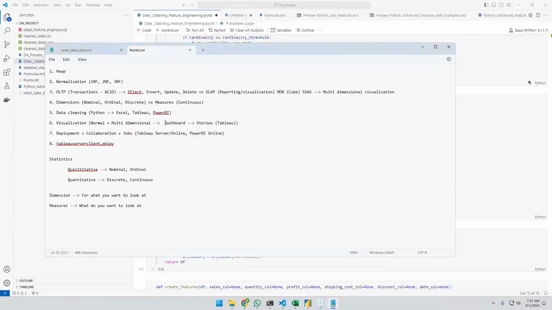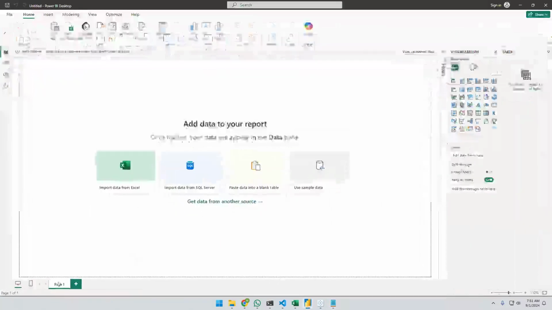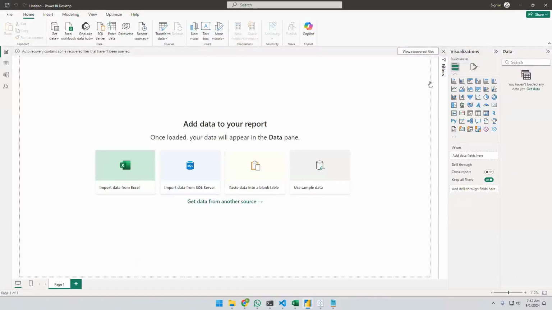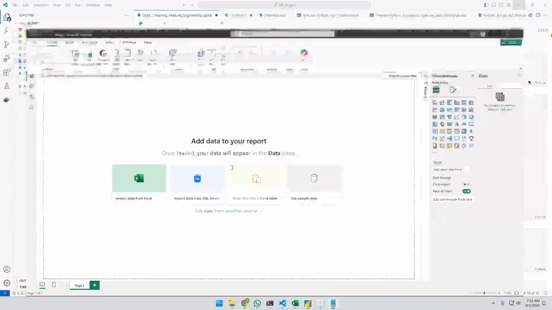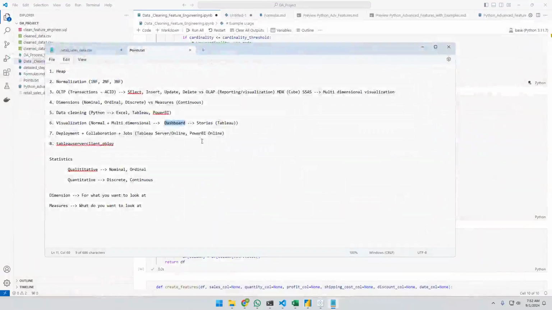Okay, so the dashboard option is not available in Power BI Desktop. Even though we can add multiple visualizations, that doesn't mean it is a dashboard. Dashboard is available only in Power BI Online, only the cloud version. Whereas in Tableau, we can build the whole cycle, but when it comes to deployment and collaboration, in the sense,